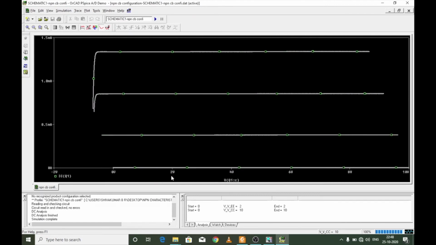Right. Now you can see the transistor is now operating in the active region because of the flat lines it has produced for the collector current when the voltage across the collector to base is varied from 0 to 10 volts. Finally, I'll show what will happen if you try to send the transistor in the common base configuration into